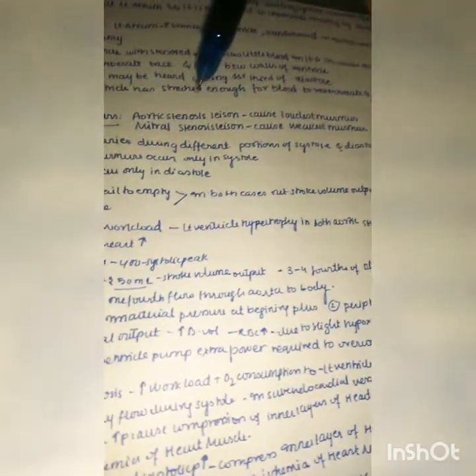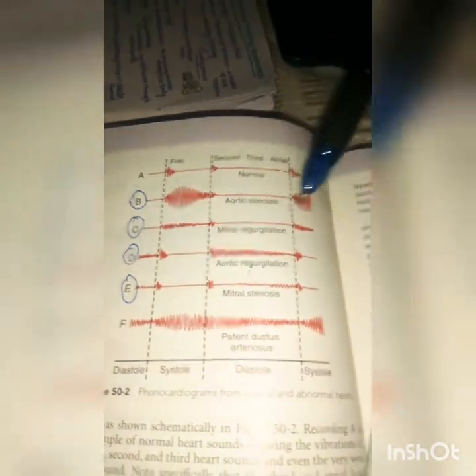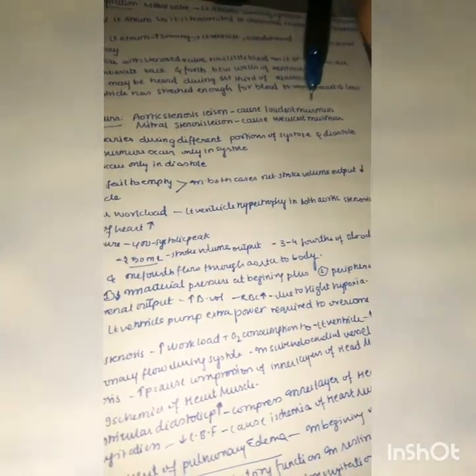Now let us go into the phonocardiogram of valvular murmurs. Aortic stenosis lesion may cause the loudest murmur. Among all these murmurs, we are going to discuss that the aortic stenosis lesion causes the loudest murmur. You can see here aortic stenosis causes the loudest murmur. You know what happens in aortic stenosis, right? And next, mitral stenosis lesion causes the weakest murmur. You can see here mitral stenosis.